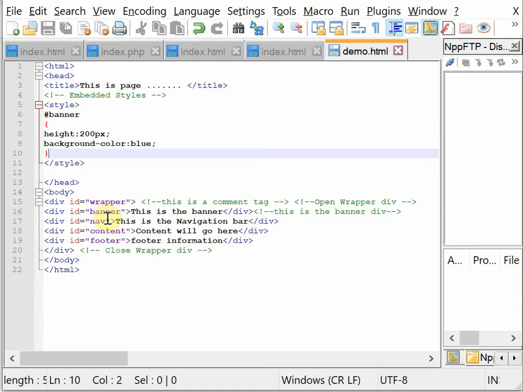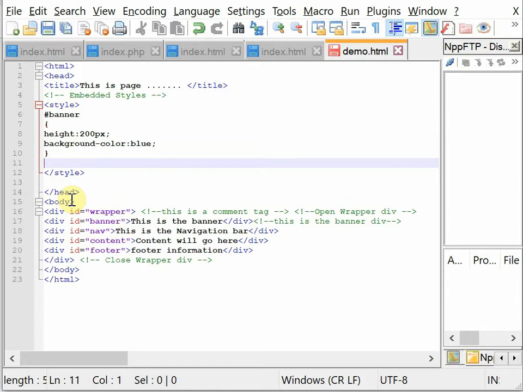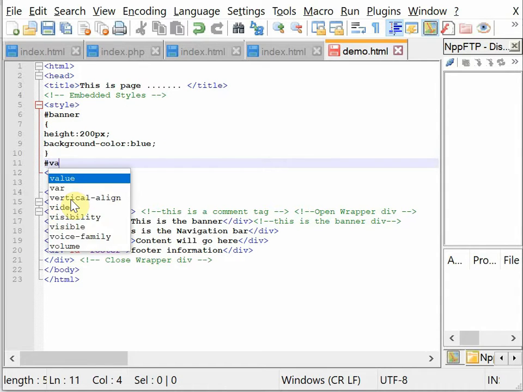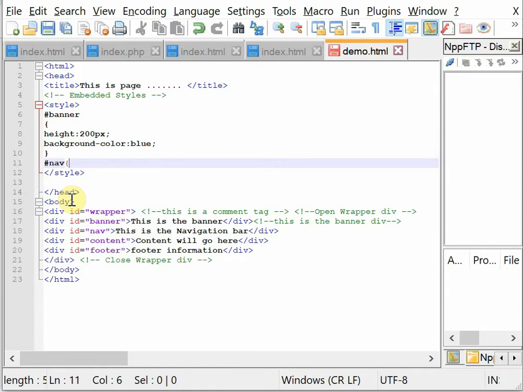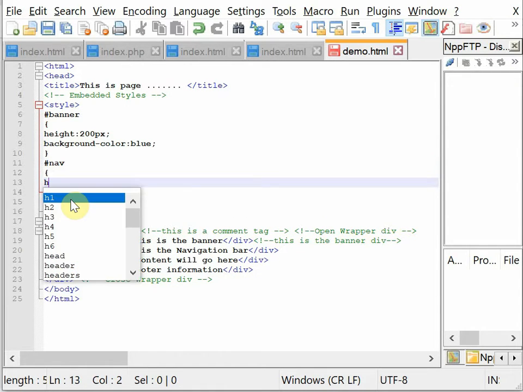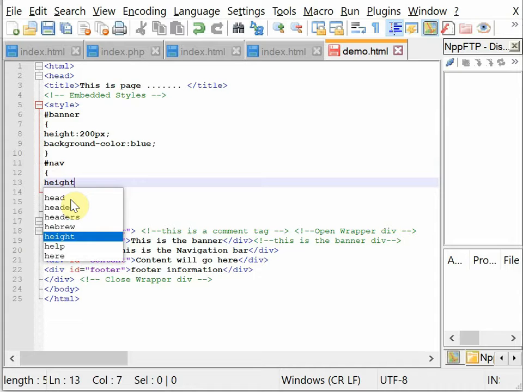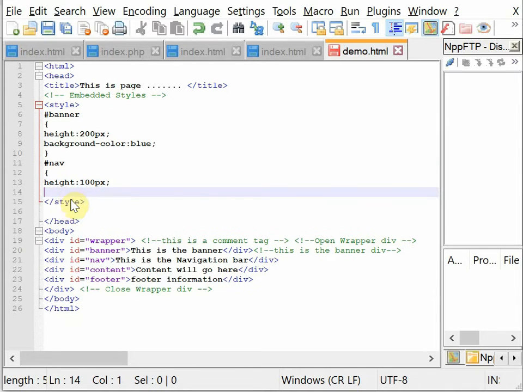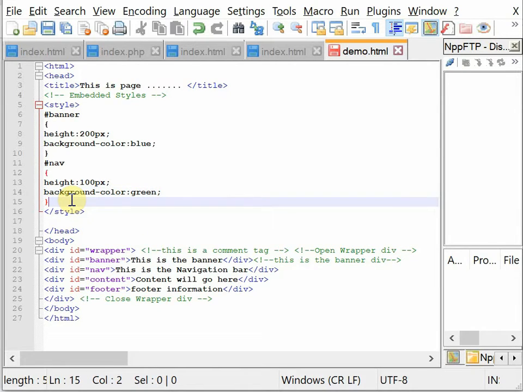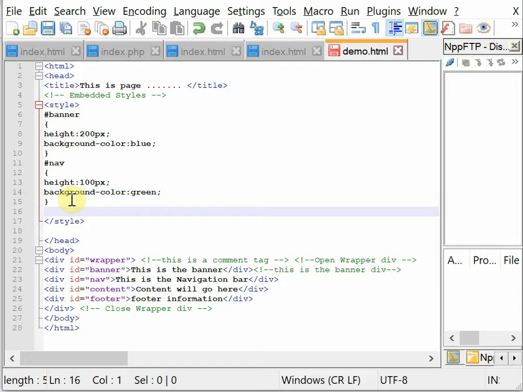One thing to note is that there are semicolons at the end of each of the statements. That is to allow for the statement after to happen. If we don't include these, the CSS will break and you won't be able to see the following commands applied to the actual style. So we're going to go through and add styles to the other IDs